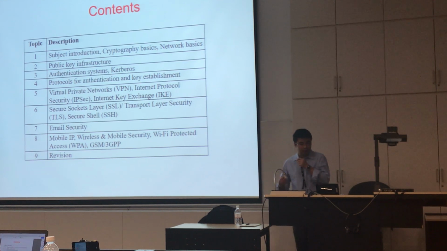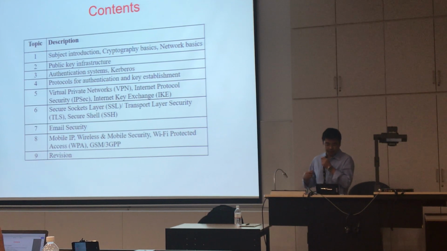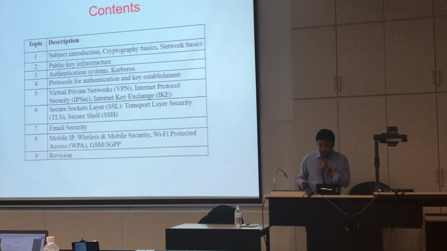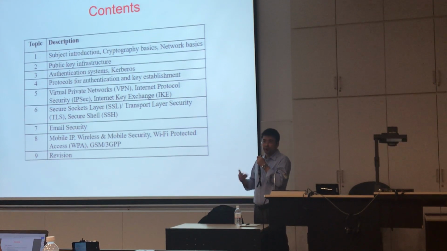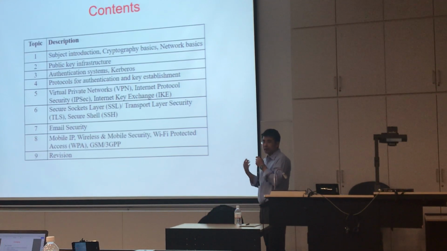Nowadays we use Wi-Fi Protected Access, the WPA protocol. How do we address those problems? And then for mobile security, we will mainly look at the telecommunication network: 2G, 3G, and 4G. Actually, 3G and 4G use more or less the same security protocol, and 2G uses a similar but weaker protocol. So we will look at telecommunication network security, mainly 2G and 3G, including 4G security.